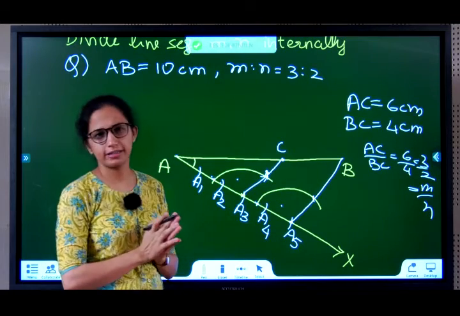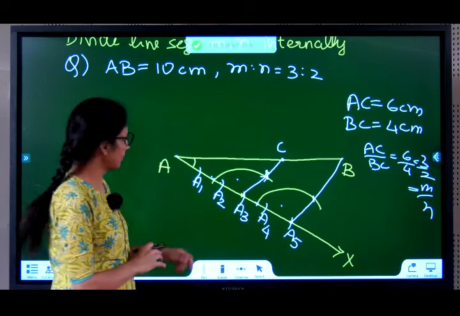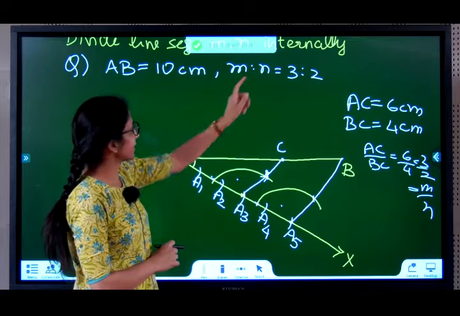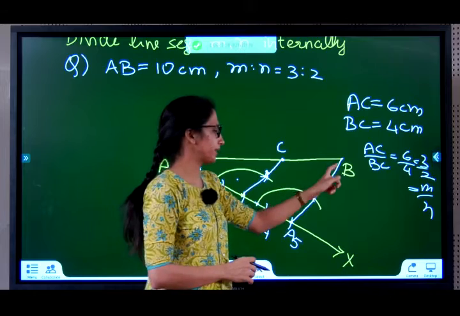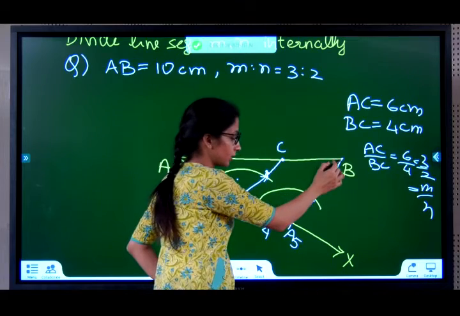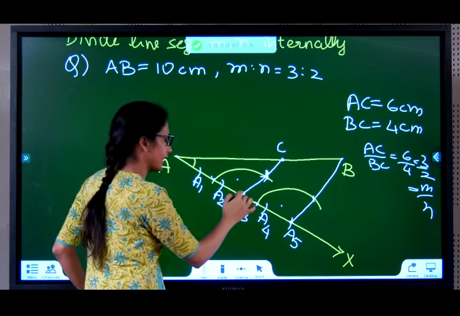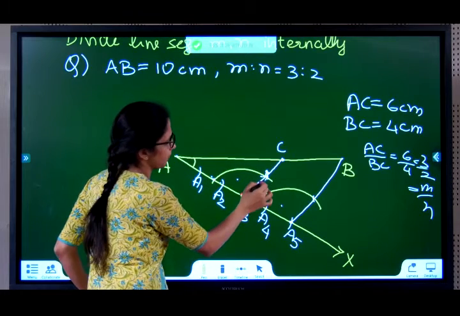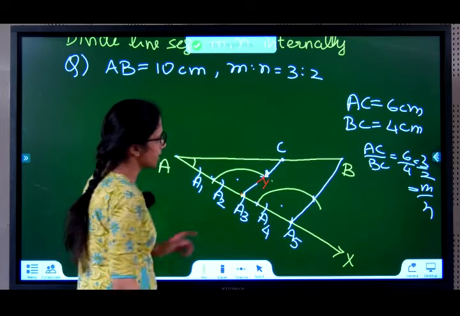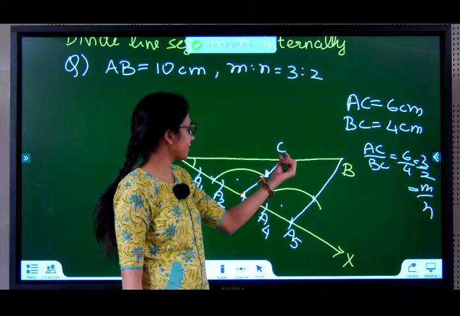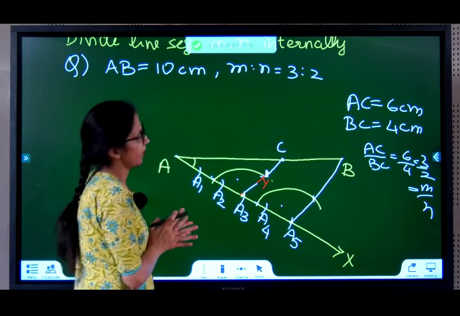I hope the construction is clear. What did we do? We first took the line segment. After we took the line segment, we drew an acute angle here. Since 3 plus 2 is 5, we cut 5 arcs of same length. Then join A5 to B. Construct the same angle as BA5A at A3. After constructing that angle, let A3 and this point of intersection be Y. Let A3Y extend and meet AB at C. AC is to BC is now the required internal division.